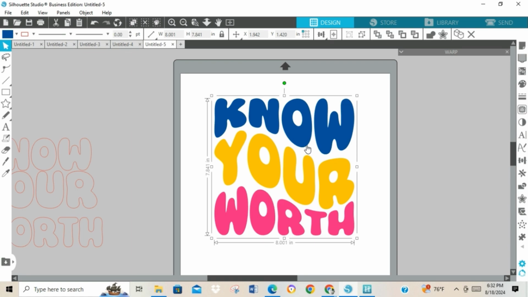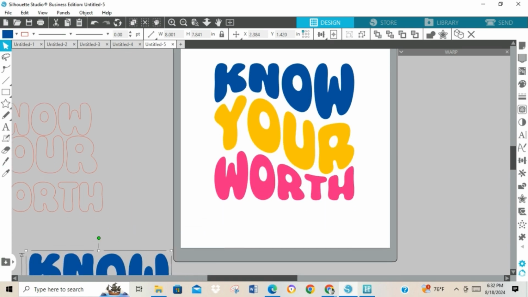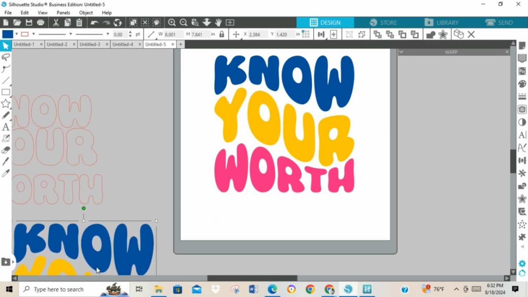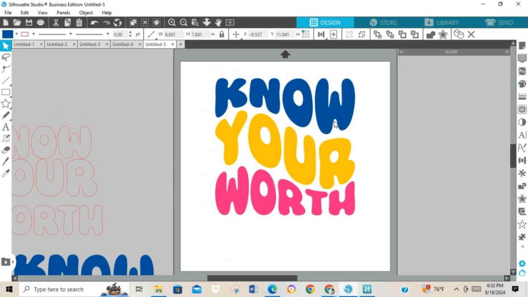I'm going to go ahead and duplicate this. The reason why I'm duplicating that is because I need the original version of it, because I'm going to save this file so that I could use it to make multiple other projects. So here you have your warp text